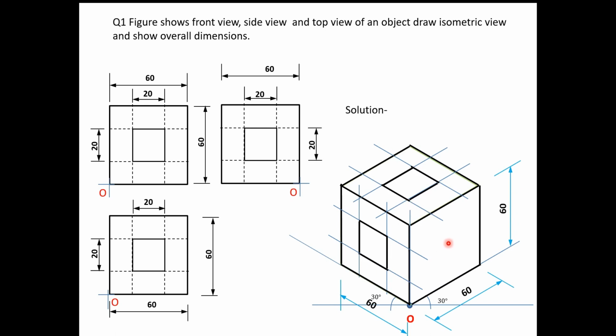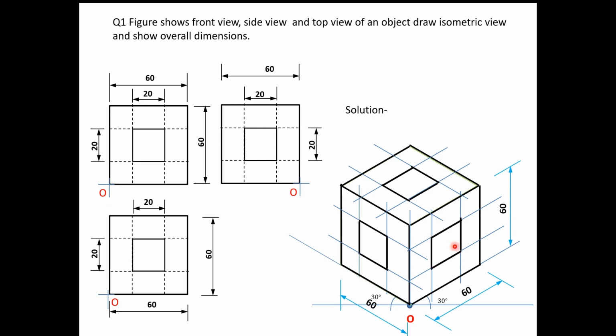Now again on the right hand side, okay, on the front view, on the origin right side, that is the front view. So again we will draw lines at an angle at a distance of 20 mm apart from each other. Now again we will draw this. Now is this completed? No, still it is pending. So what about the inner lines?